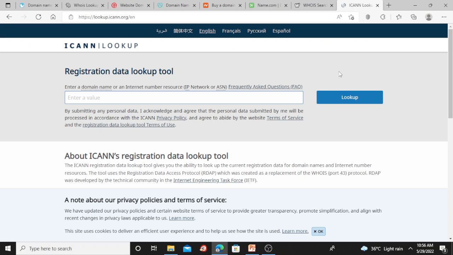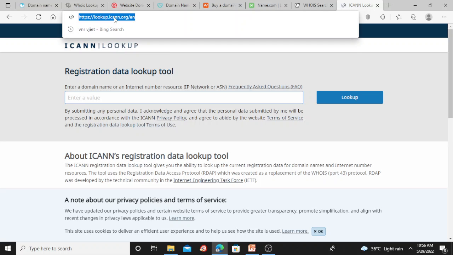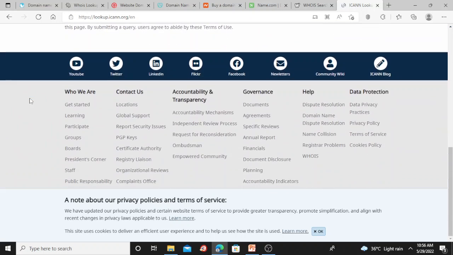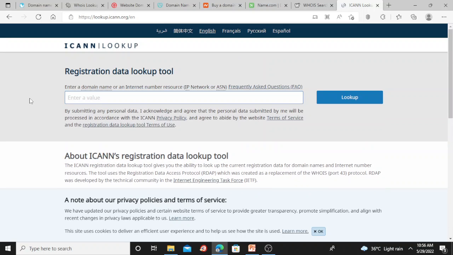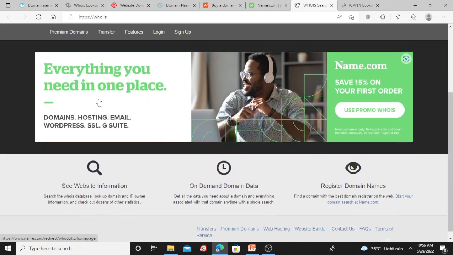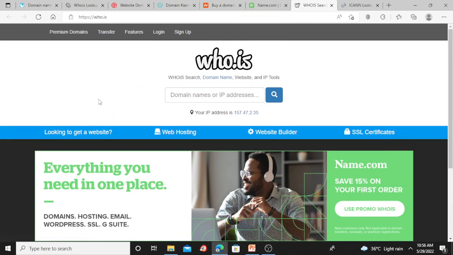The first one which I discussed, just see lookup.icann.org. If you enter, you will get this type of website. From this, just study this website in a detailed manner. Next one I discussed is WHOIS.com. Just see premium domains, transfer, features, login, sign up. Here you can enter a domain name or IP address. Just go through this website and browse and check web hosting options, website builders, SSL certificates, looking to get a